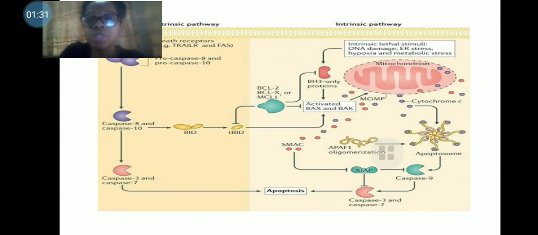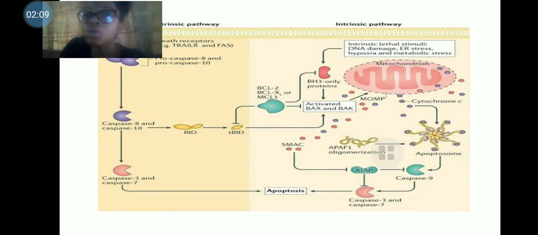When BH3 proteins are activated, they reduce the level of BCL2, the anti-apoptotic molecules in the cell. When the anti-apoptotic molecules are reduced, BH3 increases. BH3 is a family that increases the permeability of the mitochondria. When this occurs, the BH3 will divide into pro-apoptotic molecules, and these pro-apoptotic molecules will form a channel in the mitochondria that leads to release of